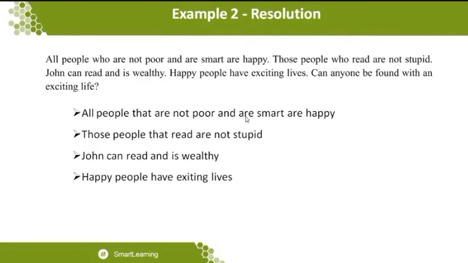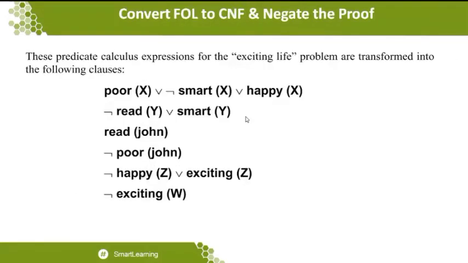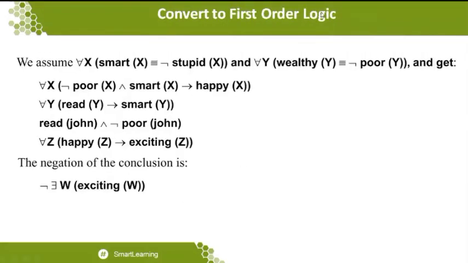At that particular moment, when I want to go for the substitution of poor, wealthy will definitely not be substituted. So wherever wealthy is available, I want to take it in terms of not of poor. That is why, when you initially start with the statement, you can see that wealthy of Y is being taken as not of poor of Y.